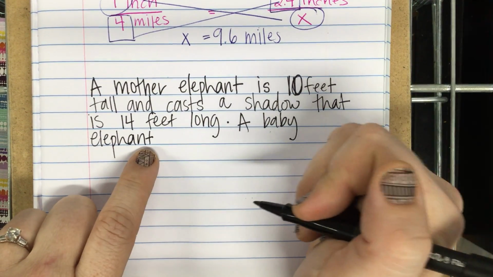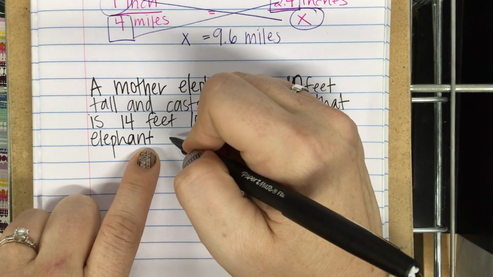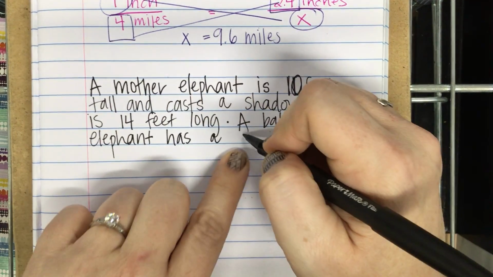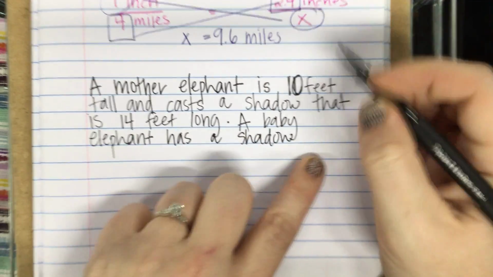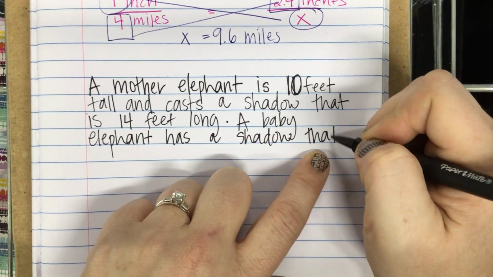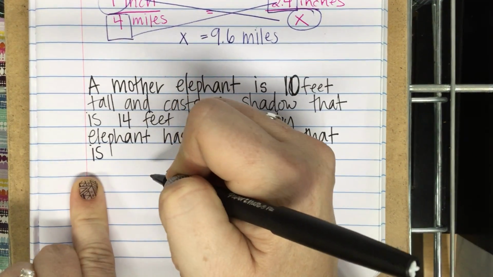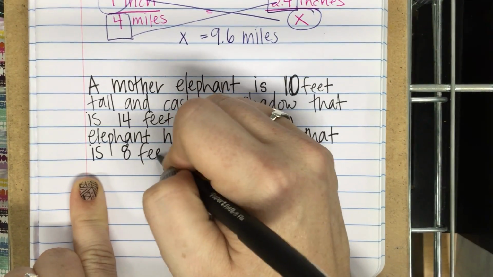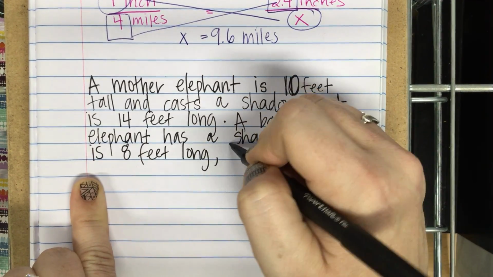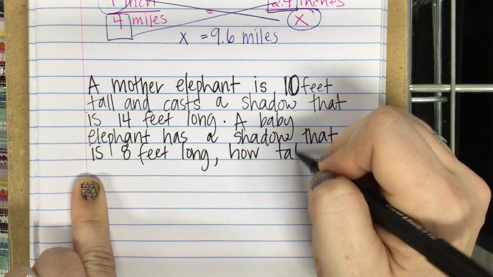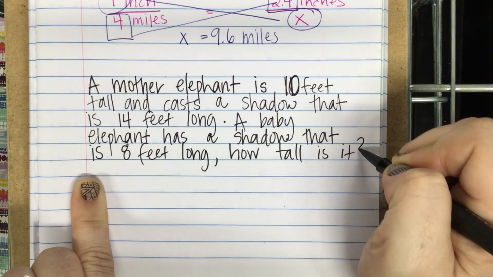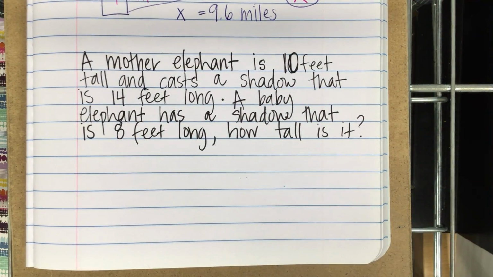A baby elephant has a shadow that is 8 feet long. How tall is it? Oh, I know how tall it is. The mama elephant is 10 feet tall and casts the shadow that is 14 feet long. Wait, would the shadow go on